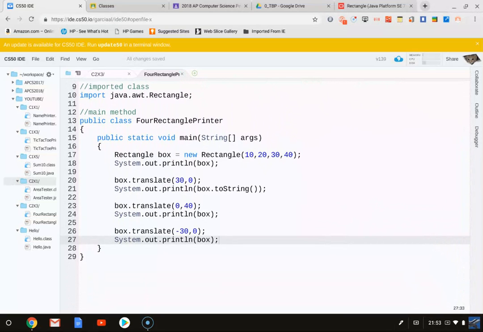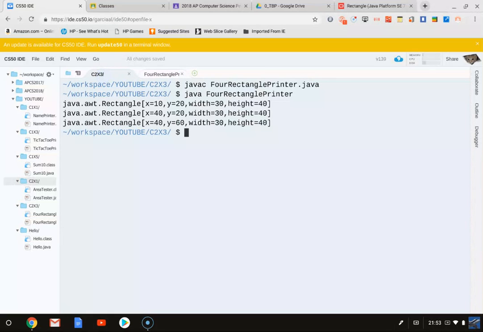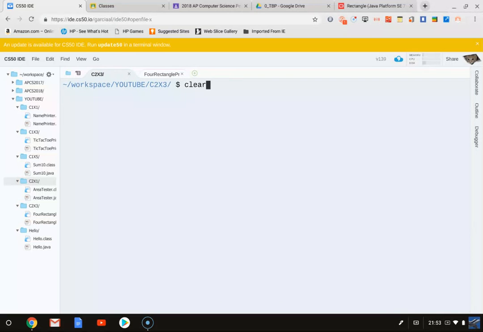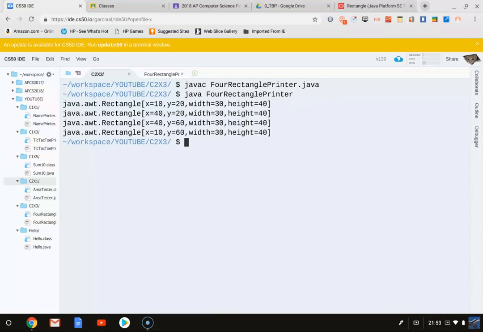Okay, save it and javac it. What did I mess up? Nothing. And is it 10, 60? Yeah, so it went from 10, 20 to 40, 20. It went from 40, 20 to 40, 60. It went from 40, 60 to 10, 60. And there's your 4 panes of a window. I hope you can graph that in your head because we're in a command line interface, a CLI, not a GUI, so we can't actually do the graphics part of it. Although the java.awt, the Abstract Window Toolkit, is meant for you to be able to do some